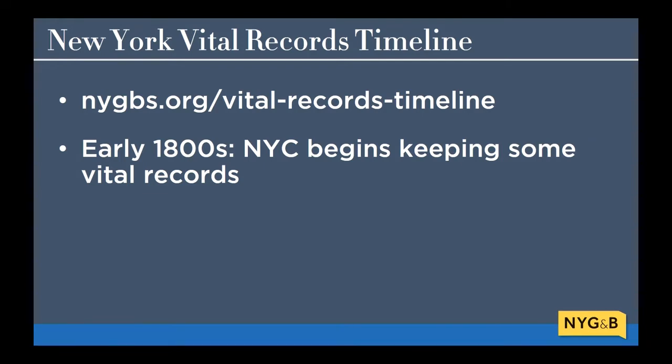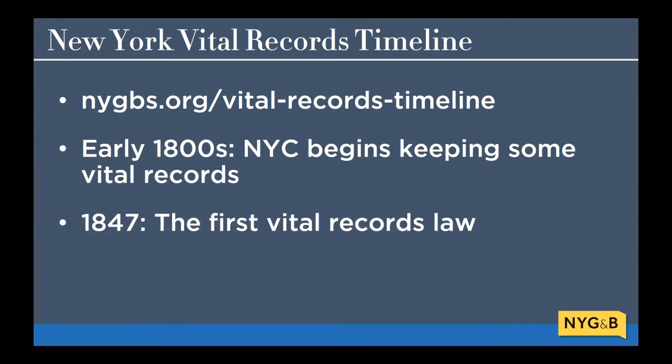It's not until 1847 that New York State passes a law that actually requires towns and cities to keep their own vital records. For most towns and cities, this date marks the earliest possible date that a vital record could exist. I want to emphasize the word possible because, as I mentioned, many towns and cities simply ignored this law and didn't keep track of anything. Which is understandable if you think about it, because a small town in upstate New York in 1847 has a lot more to worry about and to spend resources on than tracking these statistics.